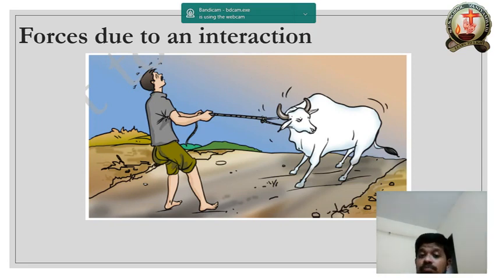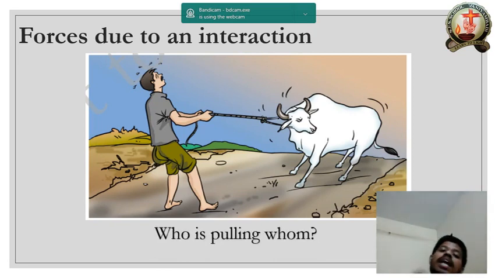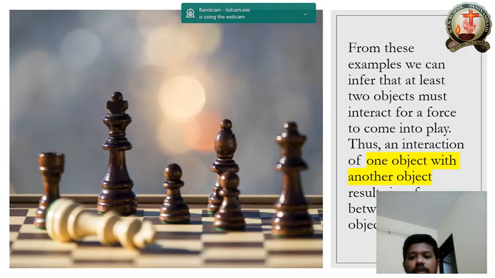Is that clear, children? I hope you have understood the difference between balanced force and unbalanced force. In this case, these two forces are not balanced. Here one person is applying more force than the other. Okay, clear? So from these examples, we can infer that at least how many objects should be there if